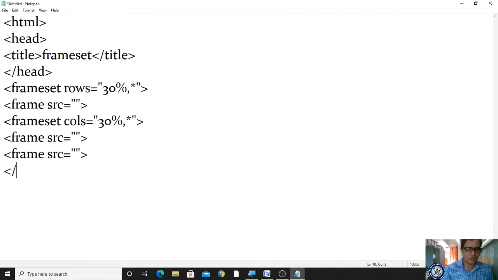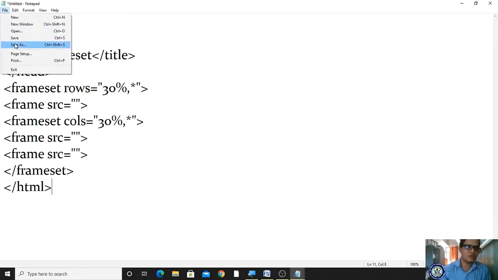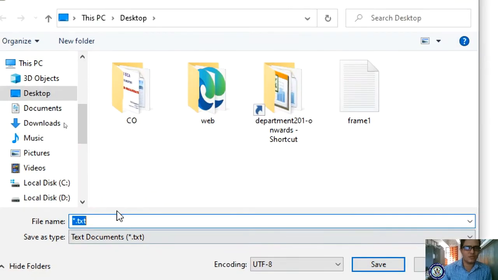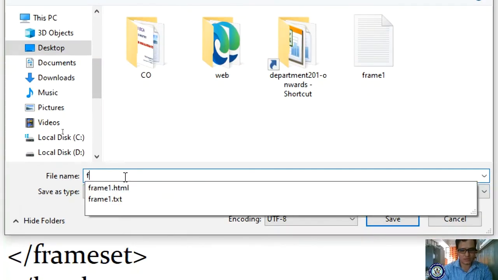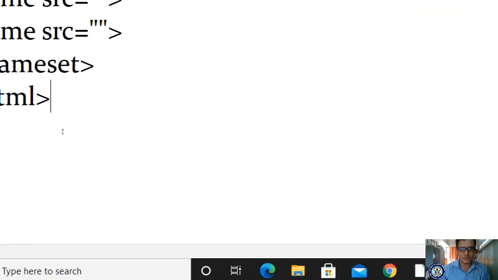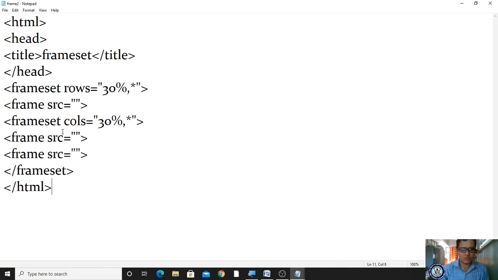And now I'm closing the frame set and closing the HTML. I'm saving this on the desktop as frame2.html.